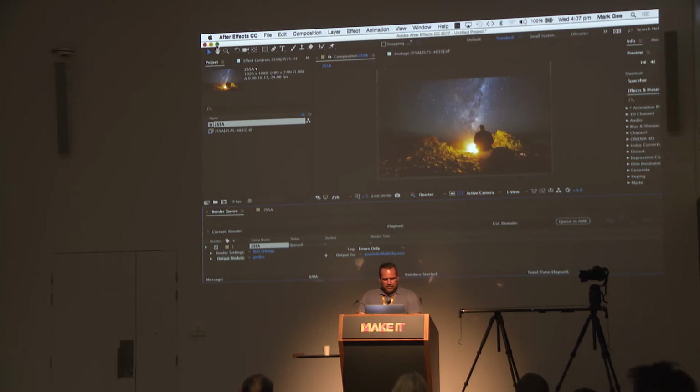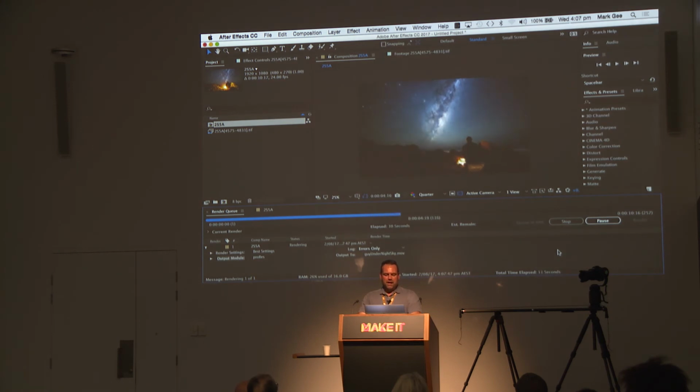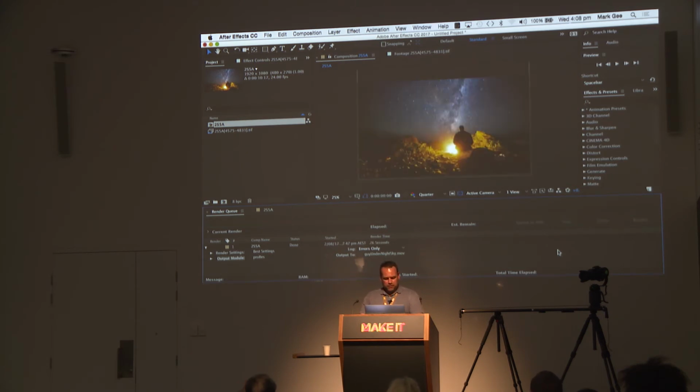So I rendered that out, it won't take very long at all. So there's obviously other ways to compile your time lapses from an image sequence into a movie, but I just like the flexibility I have with After Effects. If I need to do a post move, I can. If I have a bad frame, I can create a new frame between. There we go. It's all finished,